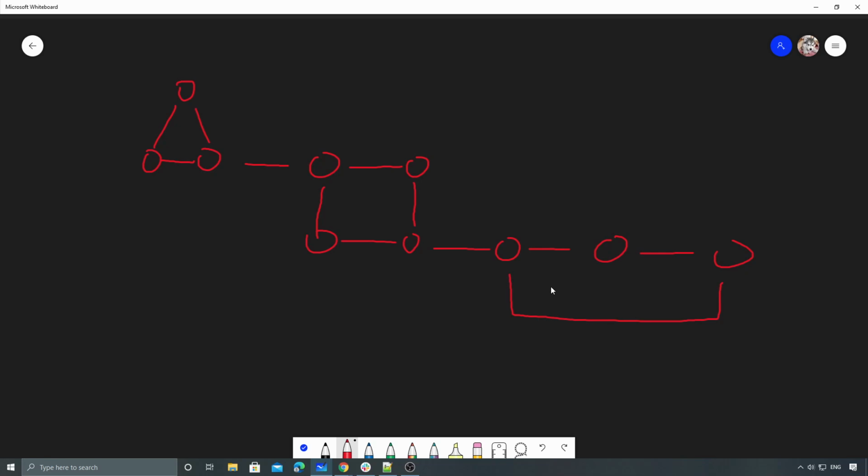So if I give you this example, what are the bridges? What are the critical connections here in this graph? So we have this one and this one, because only these two edges are bridges, because for all the others, we can always remove one of them,